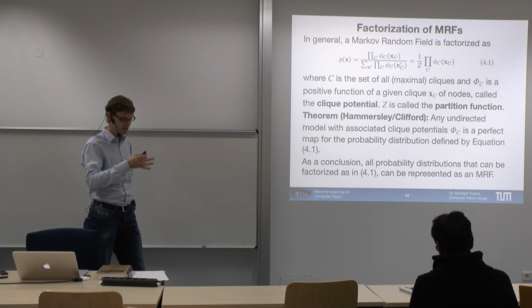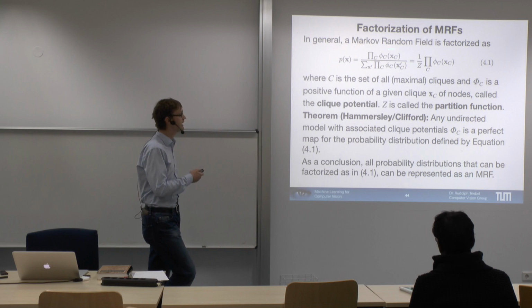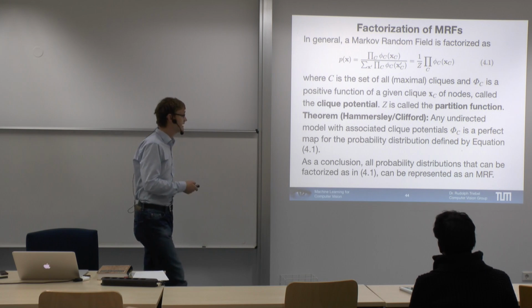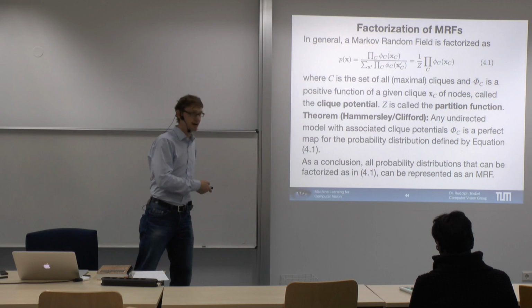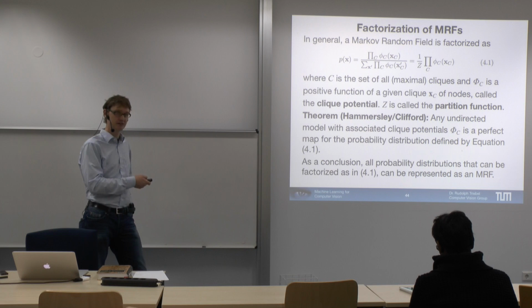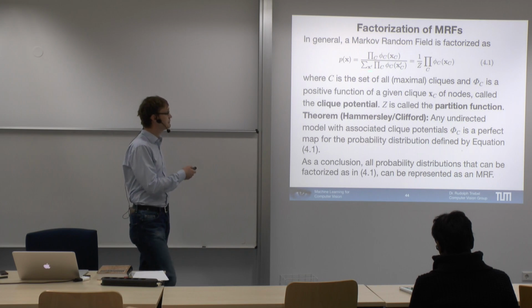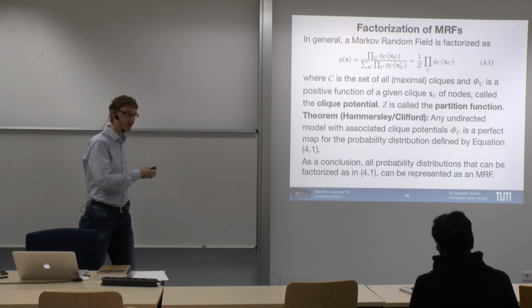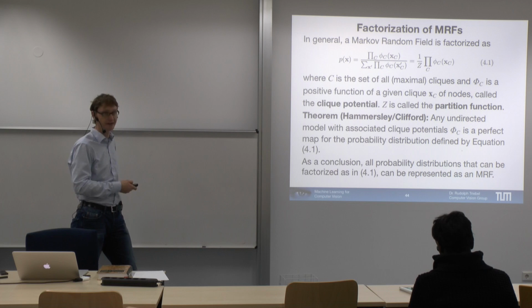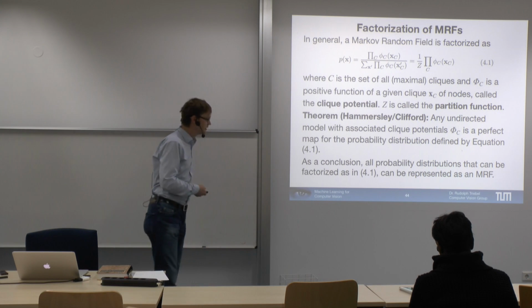I take the graph, define some potentials to the graph, and I already have a Markov random field. And as a conclusion, you can also say that all probability distributions that can be factorized as here can be represented as an MRF. So there's a one-to-one mapping between these two, right? We say, if we have a distribution that can be written like that, then we can write this as a graph, right? We don't have to do math, we just do drawings, which is much nicer than math, right? Okay,